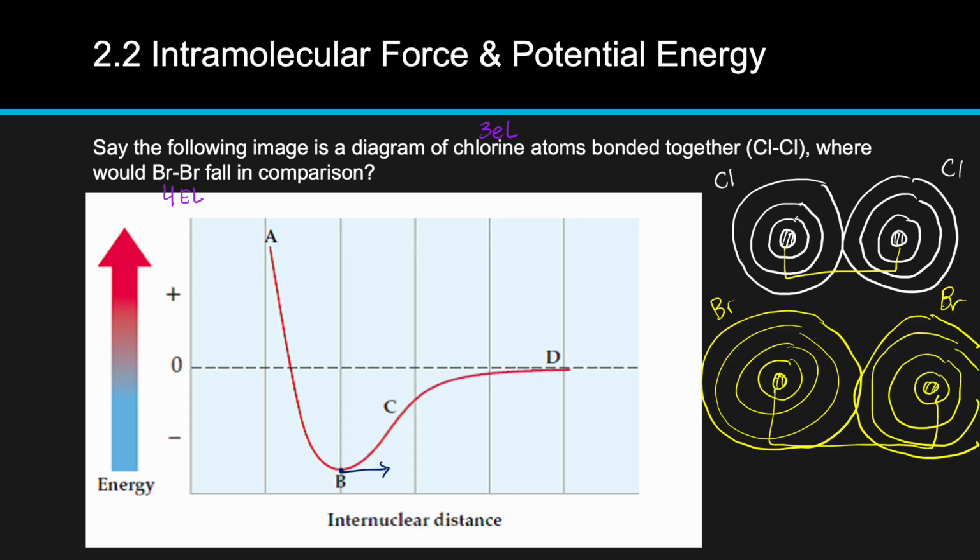Since it's going to be easier to break, that means it will take less energy, which means our well will be a little more shallow. So not only do we have a more shallow of a curve, the curve also has to be moved to the right a little bit because it is a greater distance. So your curve would look something like this. So shallower well, which means less energy, and bigger distance,